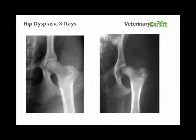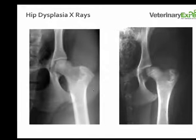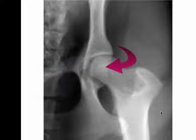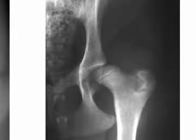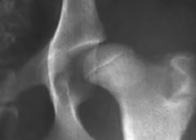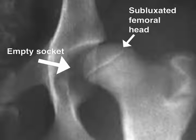Now, X-rays are an important tool in the diagnosis of hip dysplasia, so let's look at some. On the left we have a normal hip. Notice the nice deep socket with the femoral head sat inside it. By contrast, on the right we have a puppy with early hip dysplasia. Notice how the femoral head is sat outside the socket. However, at this stage the femoral head and the acetabulum look relatively normal. It's just that the hip is loose and there's laxity there, allowing the femoral head to sit outside the